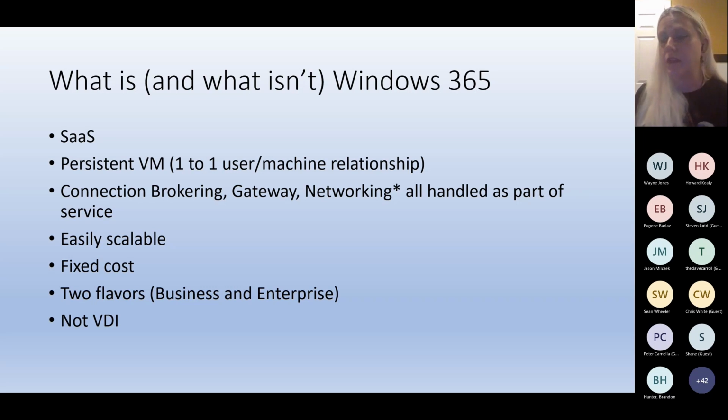Mergers and acquisitions is my favorite example of where Windows 365 fits in. Say your organization just bought or merged with a company. Hey, we need to get X amount of desktops to these users. Okay, add them into the AAD group. Boop, in an hour, there are their machines. It's brilliant. It really is.